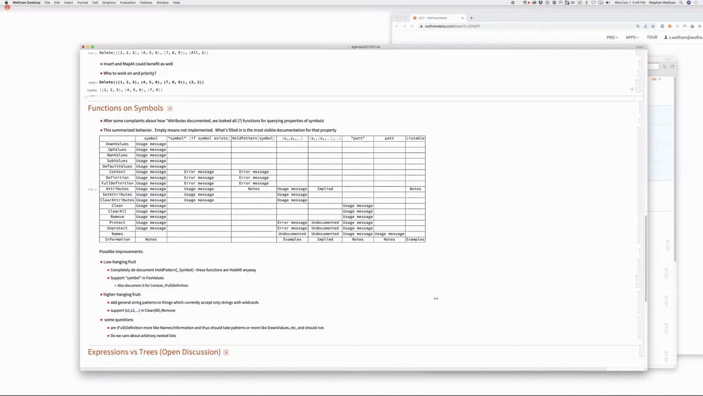So one thing I would like is to completely de-document the fact that hold pattern of blank symbol can be used in attributes and definitions, because these functions are already hold all. So okay, can I push back about that for a second? What if you have a list of symbols, and you want to hold the list of symbols, and you want to map these functions over that list? Let's say you want to do a select on a list of symbols. Now, you're going to say, well, I could do that with strings. Right. Which I think is the much more useful thing,